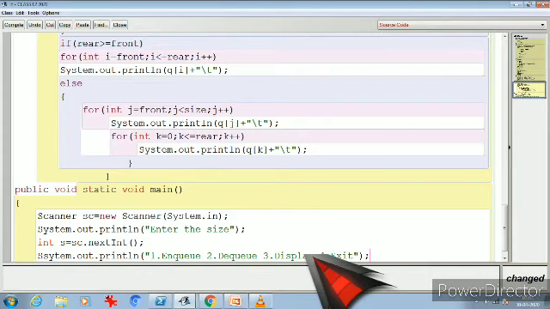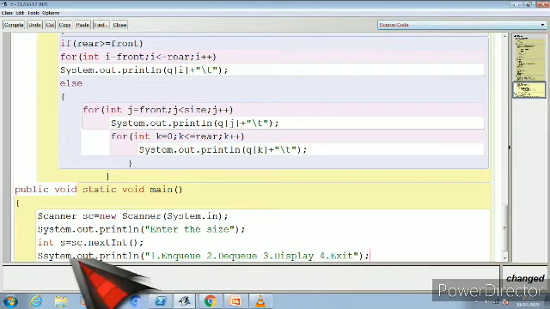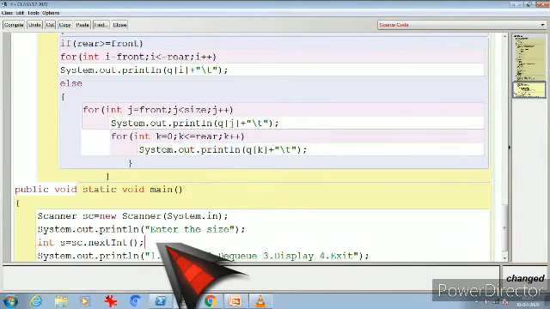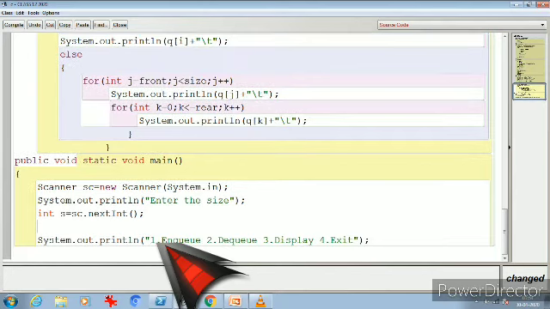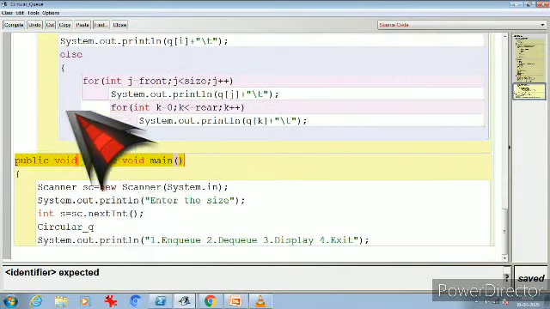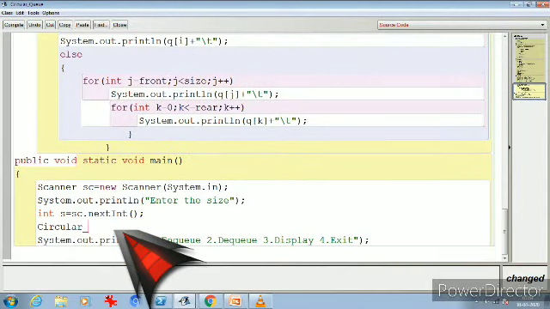My object of the class is CircularQ, ob equal to new CircularQ, with the passed object as s, and then I'm going to write while true and open it.